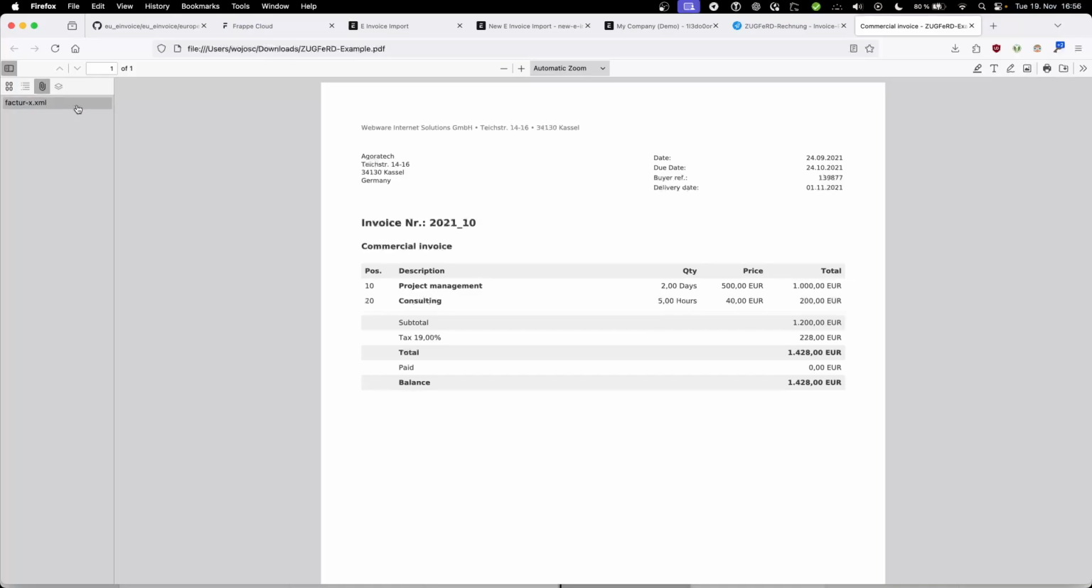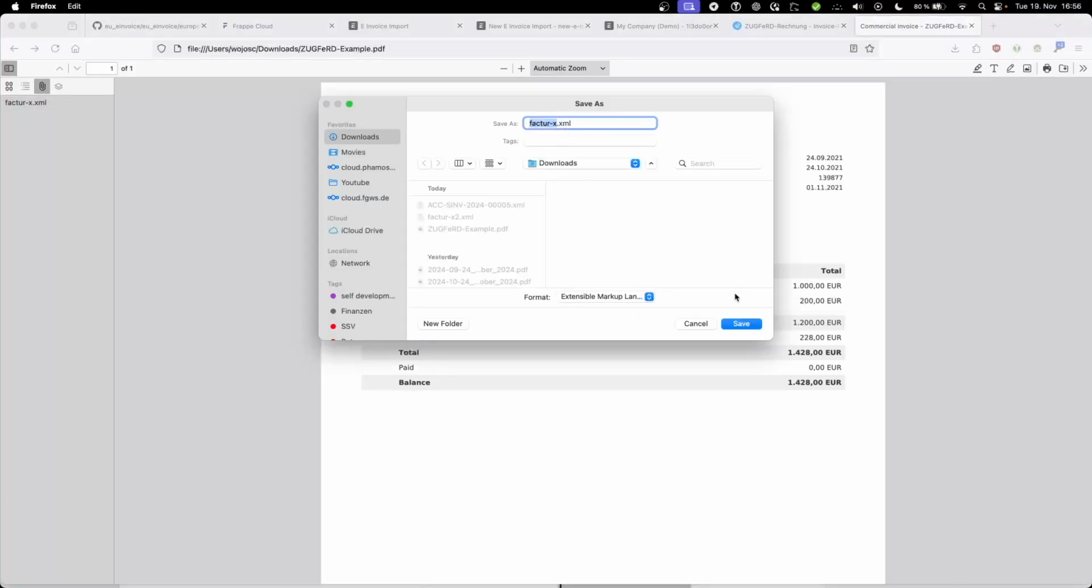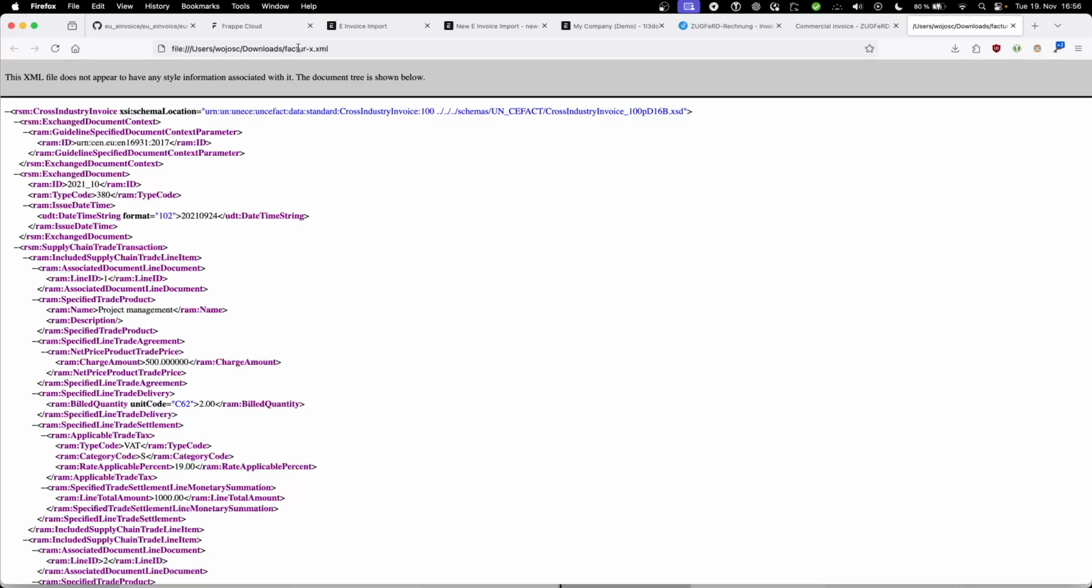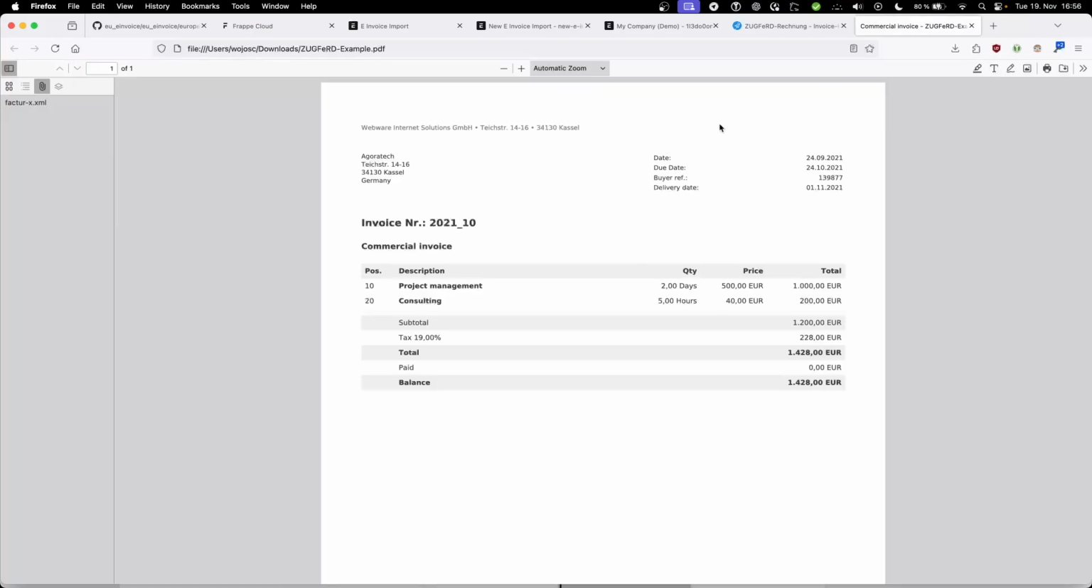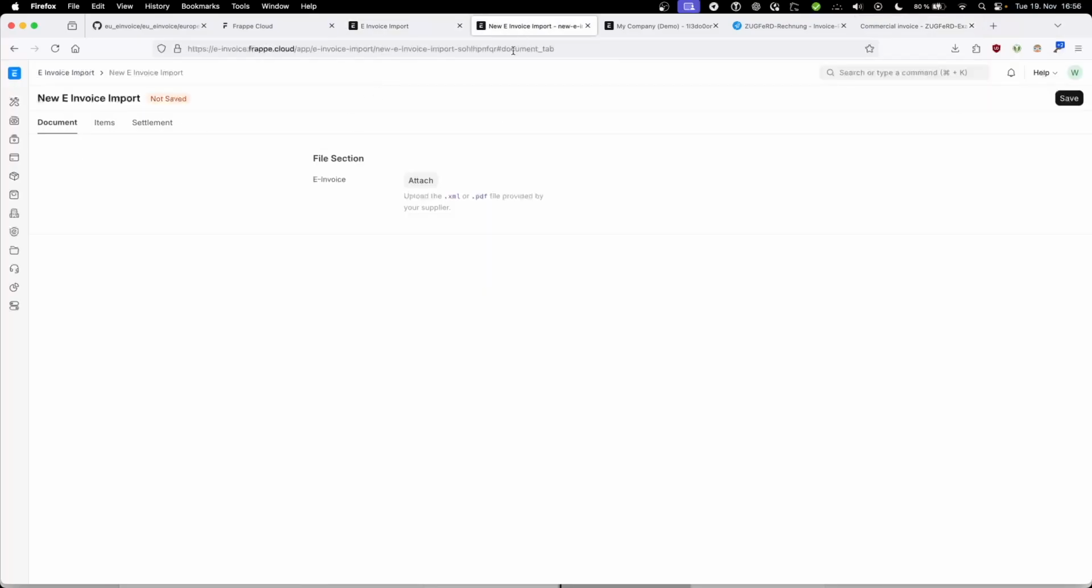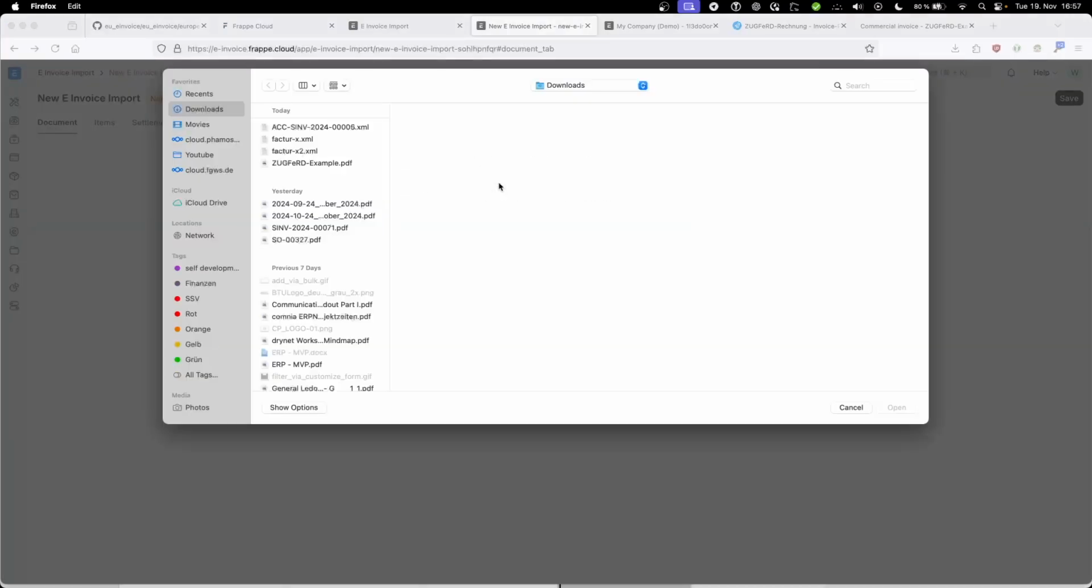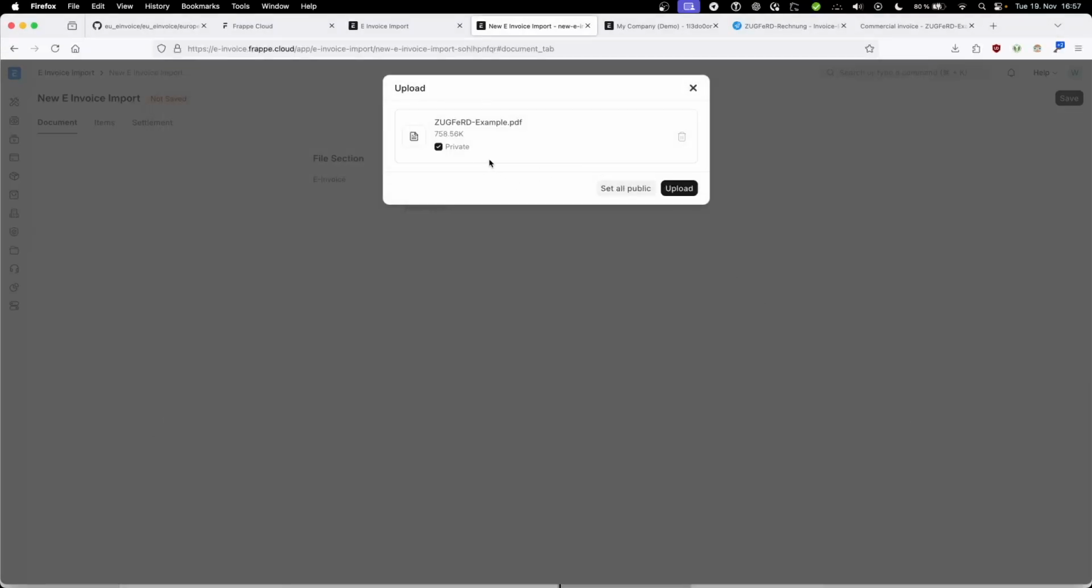If I open this in my Firefox browser, I can download it for now. Replace this. And if I open this, we can see this is the XML file that we have downloaded, and see all the structured data that is shown on this PDF. So this file we will now want to upload into the e-invoice import. I can go attach file, select it from my device, pick this e-invoice, upload it,